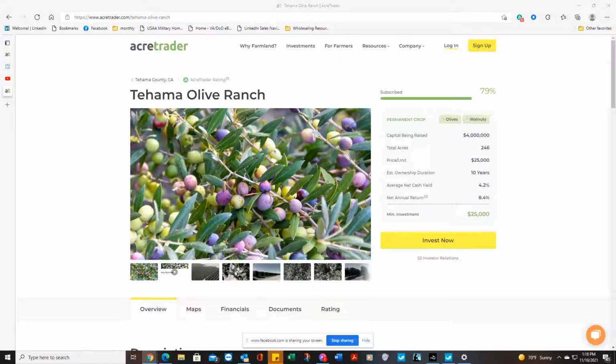But look, this is real time. This is live. You're seeing the numbers go up. I had to run out. I couldn't show it when it first opened, just to see. But at any rate, just within the past almost 8 minutes, it has already gone from, I logged on, it was already at 53%. And then by the time I started this video, it had already gotten to 67. And then before I could even get the video going, 73, 74, 75, 76, and then it just jumped to